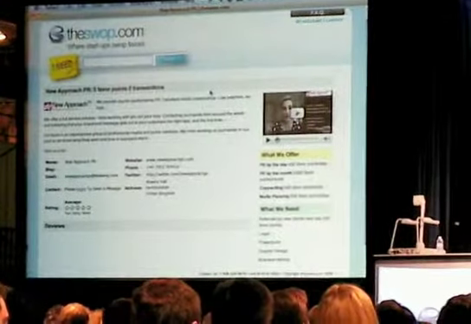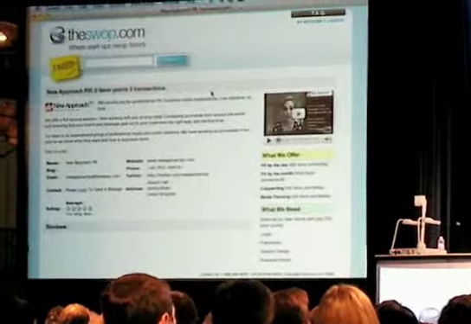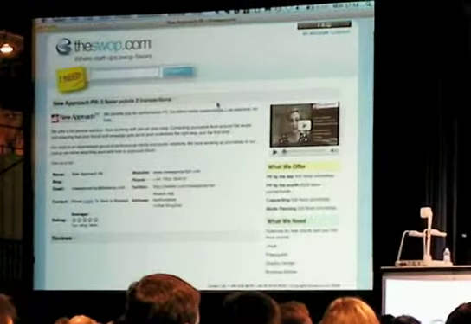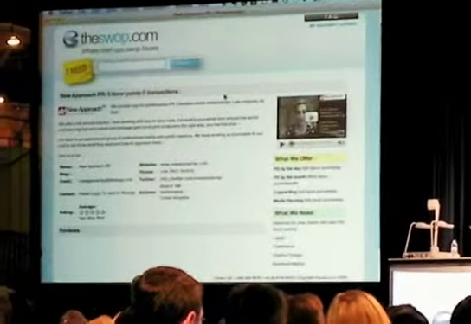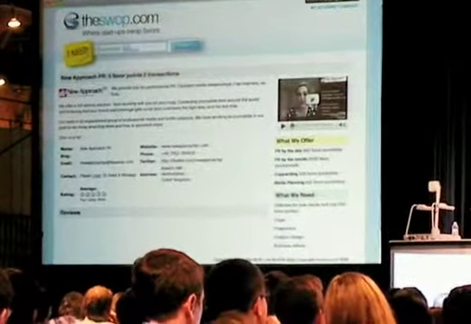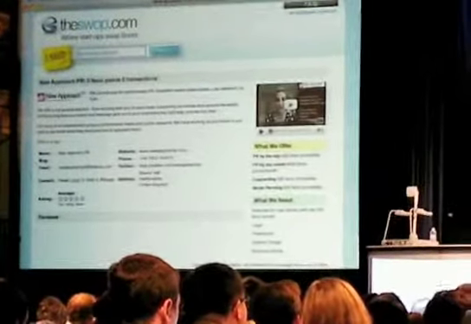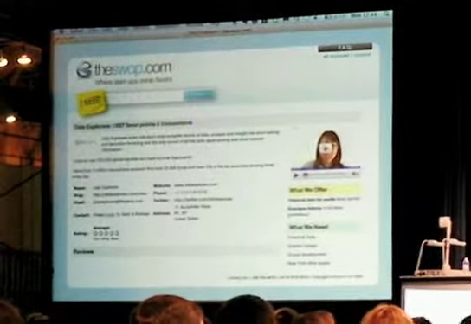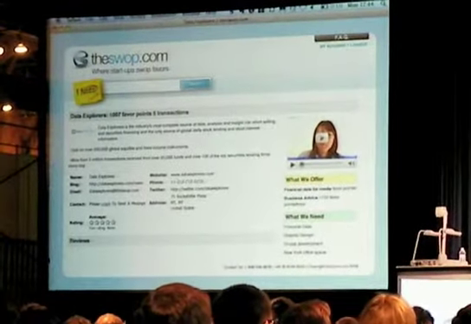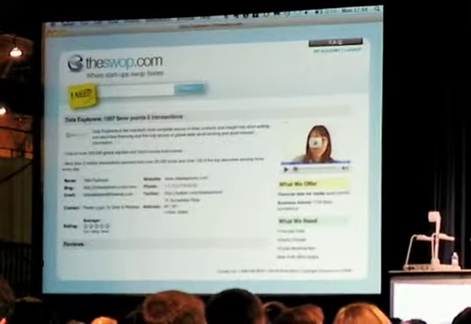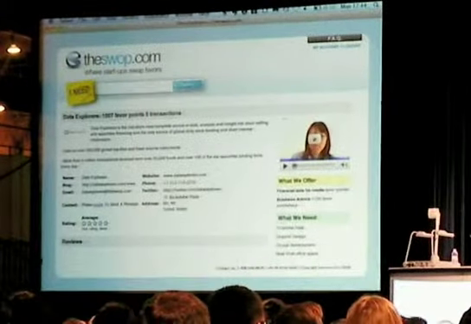Now, this is a very different gig to what Paul was doing. Ryan is fully funded. What he's actually now looking at doing is building up the capability of his team. So he searches for business advice on the Swop. And what he finds is a company specialising in a similar area to Celerity in the financial market data space called Data Explorers. And the CEO of that company is an incredibly seasoned entrepreneur, Donald Smith, who's done 4 or 5 startups and knows a lot about how this sort of stuff works.